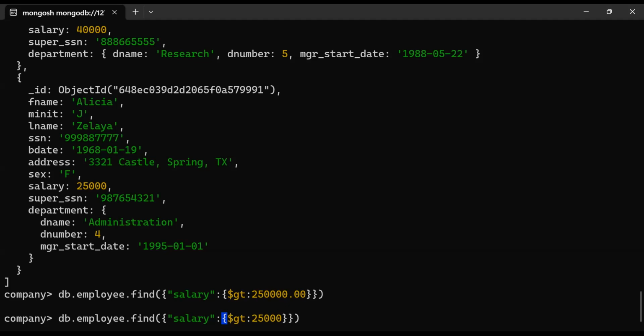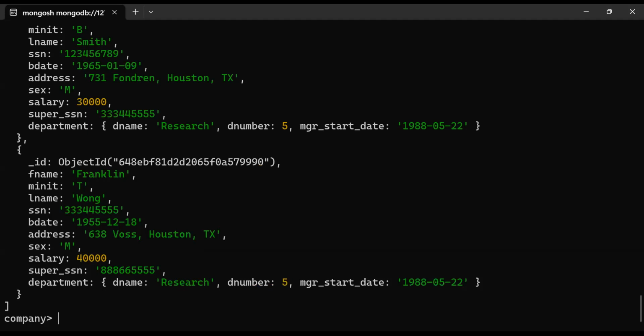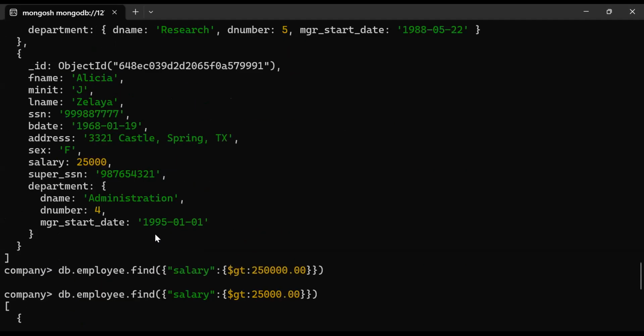Okay, so I made a mistake by adding one more. That was the problem. Yes. So make a note of this. Earlier, I had actually put 250,000. So this is a very simple script